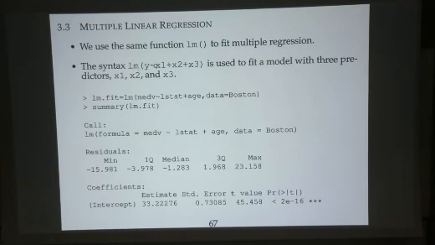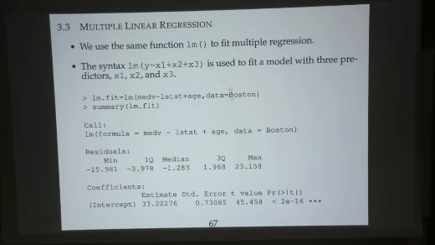So what we do is we run the lm command, but instead of just one variable, we add plus x1 plus x2. Plus x1 plus x2 is just a way of telling R that we want to consider the variables x1, x2 and x3. So again, this is the predictor, these three are responses, and then lm dot